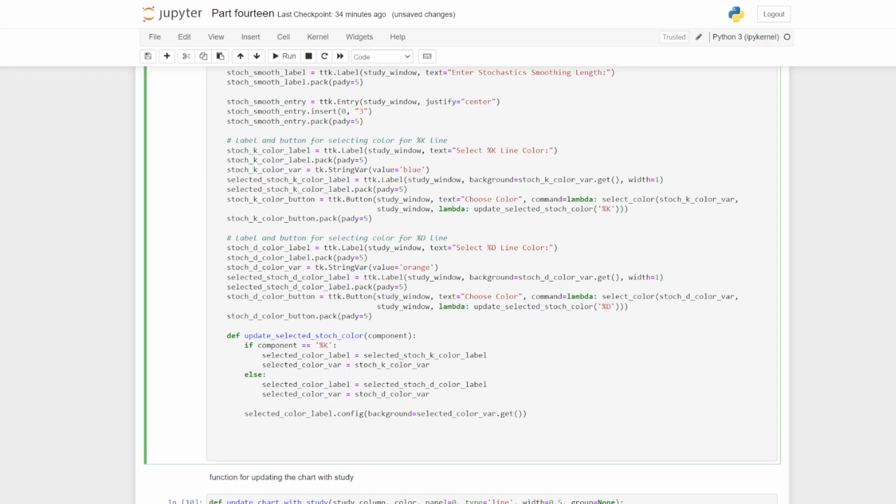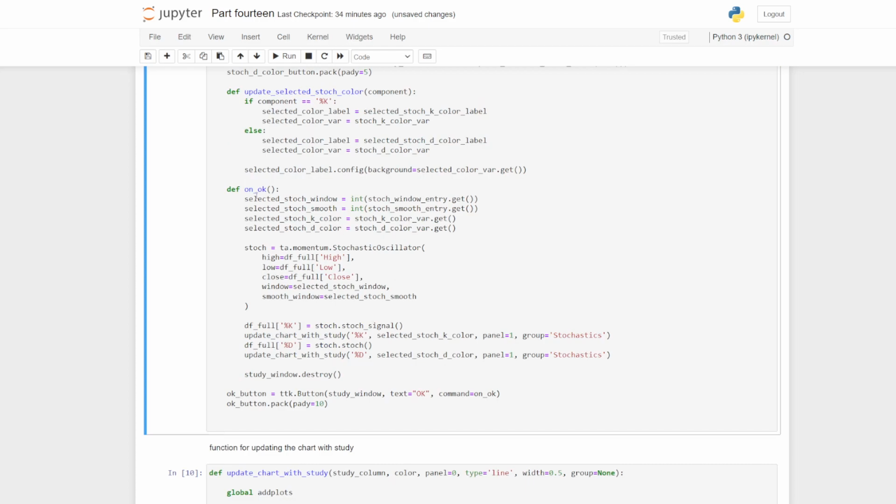So now we just need to do our on OK functions. The first part is pretty straightforward. We're just collecting all that information. Now, some of this just gets a little bit sticky if you don't know how to use the TA library. So if you don't and you want to add more indicators, I'd suggest doing a little side code and fiddling around with the TA library just to see how it's calculating and what it's throwing back, because